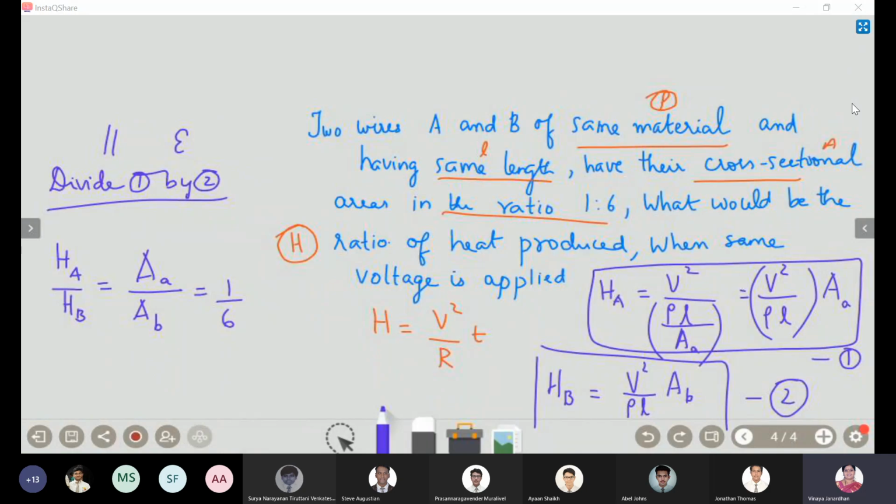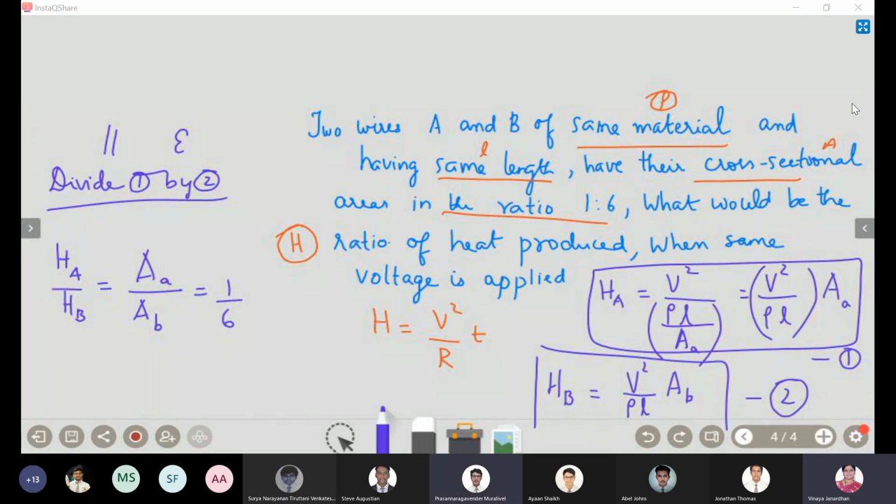The capacitor worksheet I have uploaded, I don't know whether you people have done that. Long back I've uploaded it in your file section. Shall I go for the next one? Those who have completed, I'm still moving to the next question. There are numericals on capacitors, you check. Sorry, I uploaded a worksheet on capacitors in your physics file section. Try to do it, boys. Don't waste your time. Ma'am is waiting for the others to do.